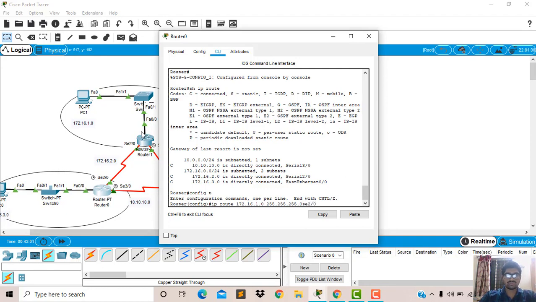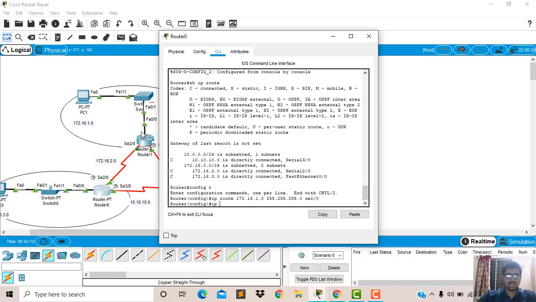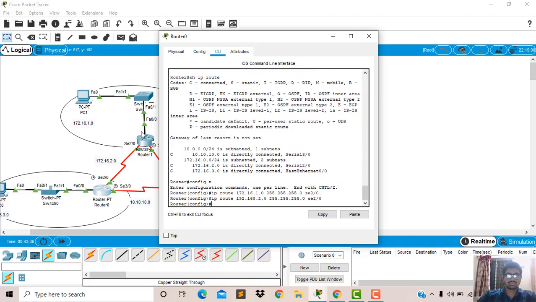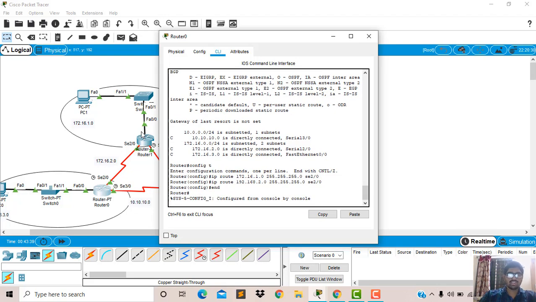Now I am entering that: IP route 172.16.1.0, subnet mask and exit interface. Now we will add LAN 3 the same way. Now I have added the LAN 2 and LAN 3 network addresses.